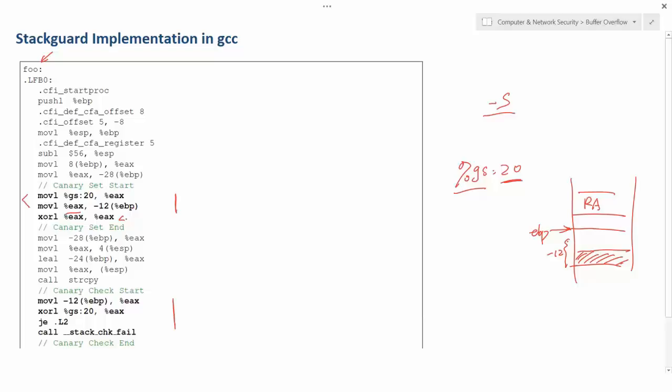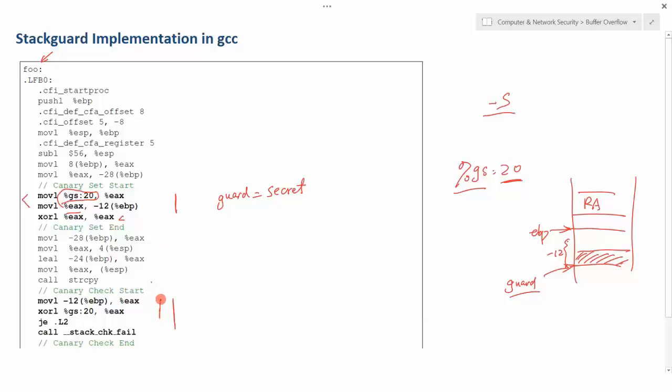But this really is the guard equal to the secret, equivalent to that. Right? And this is the region for the guard. And the secret is already initialized and put in that location, which is in a different segment, not on the stack. Okay? So now this is the code of that full function.